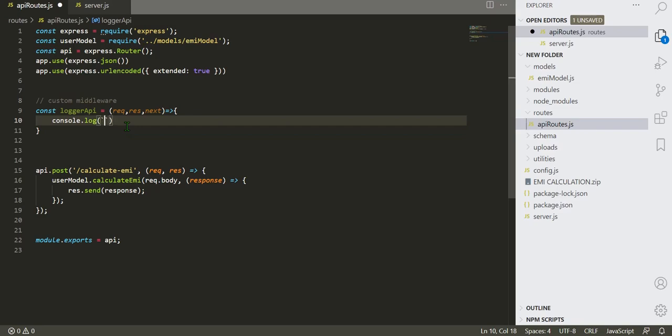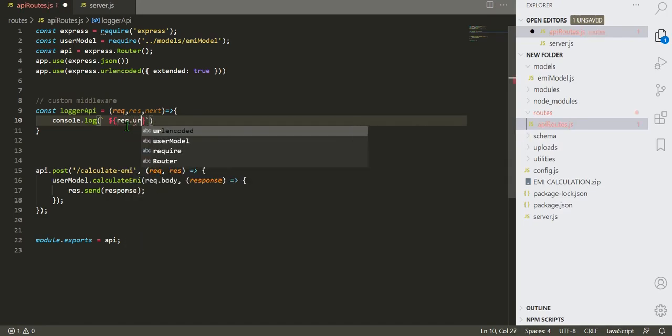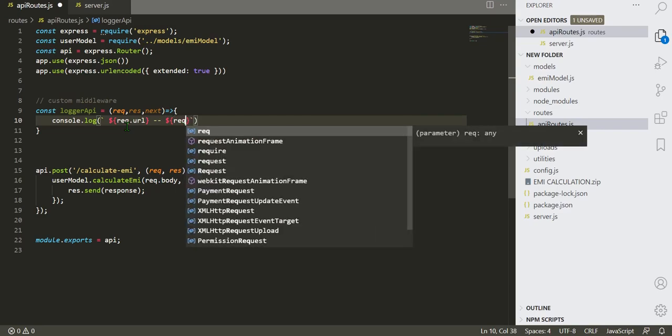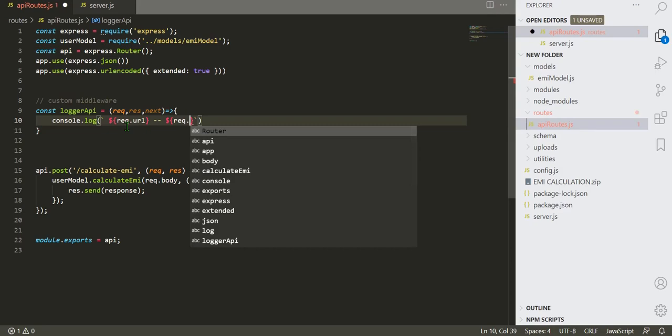I'm going to use backticks and request with backtick, dollar. This is called a template literal. I'm going to use it here: request.url, and the same thing, dollar curly braces, and request dot it is called